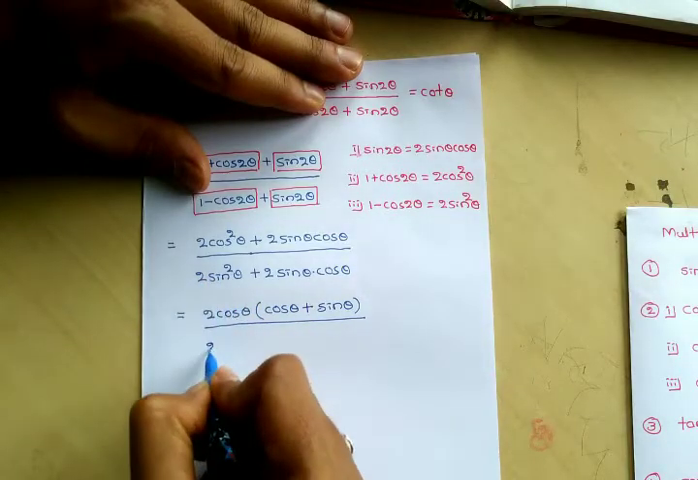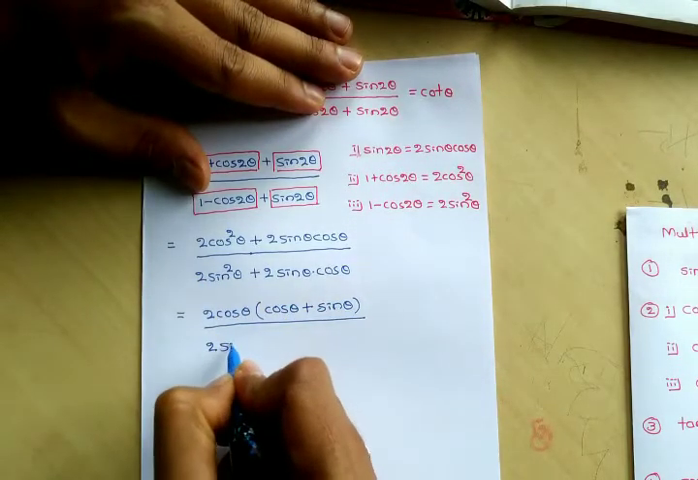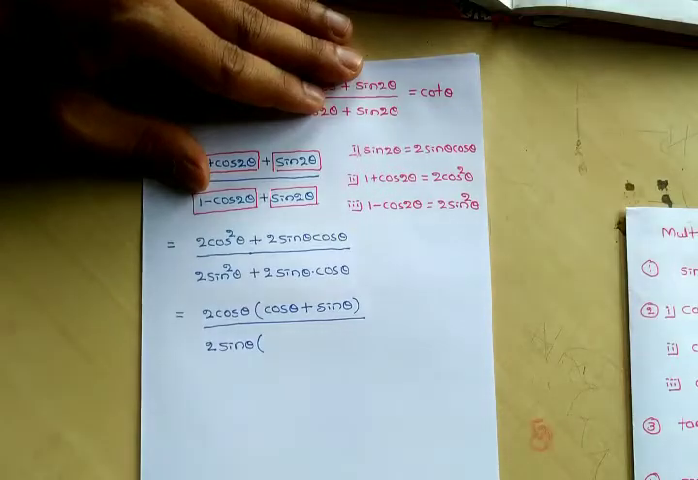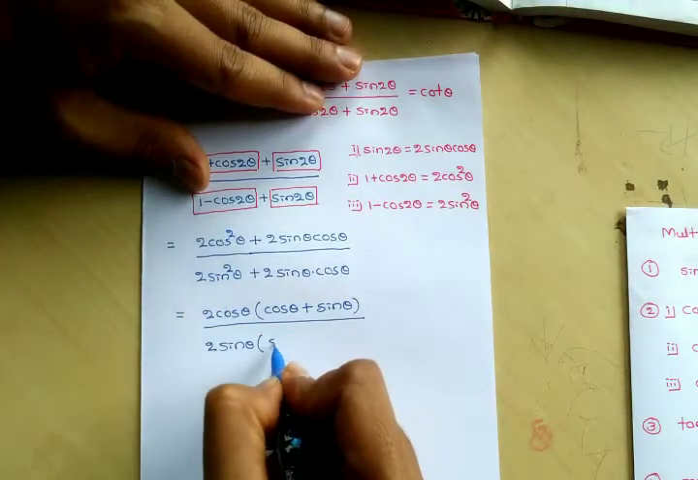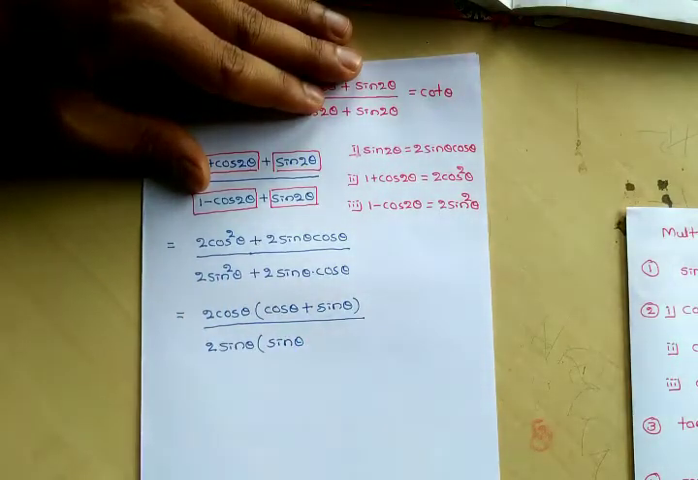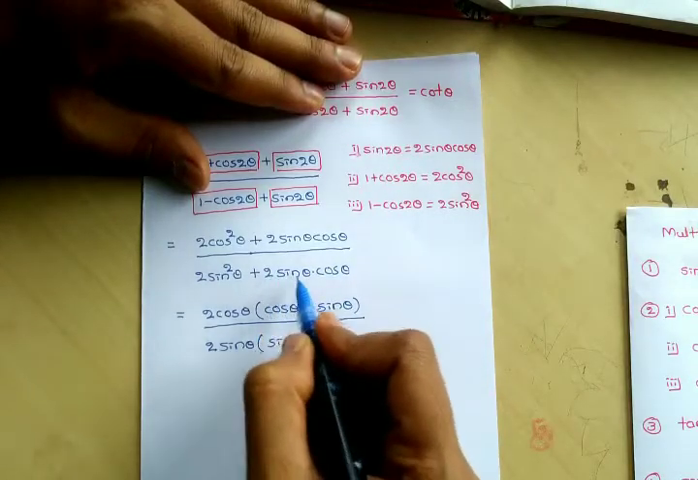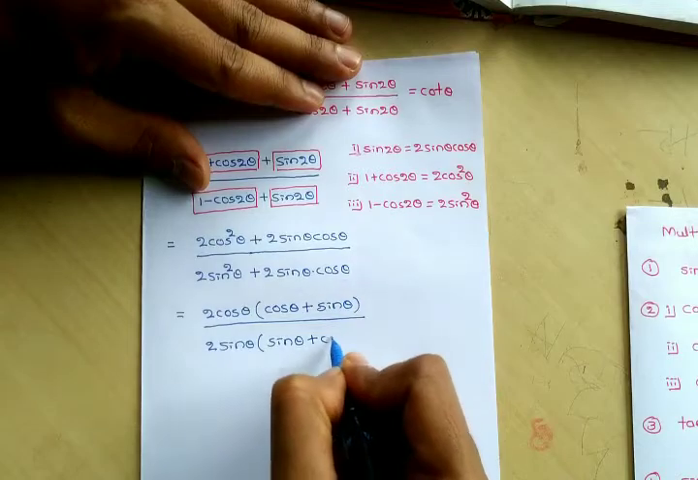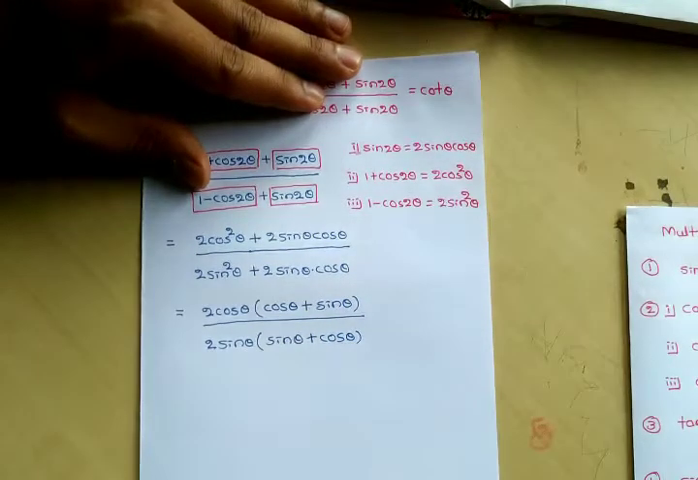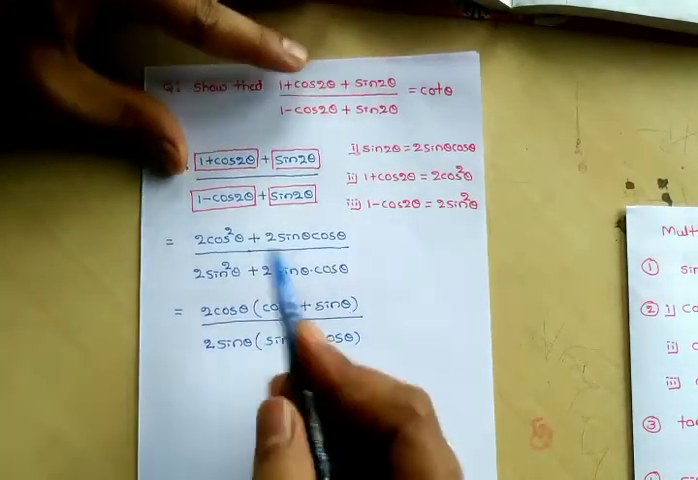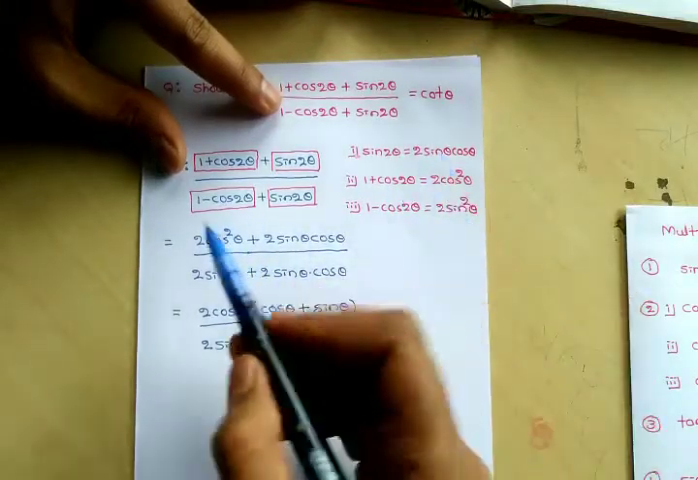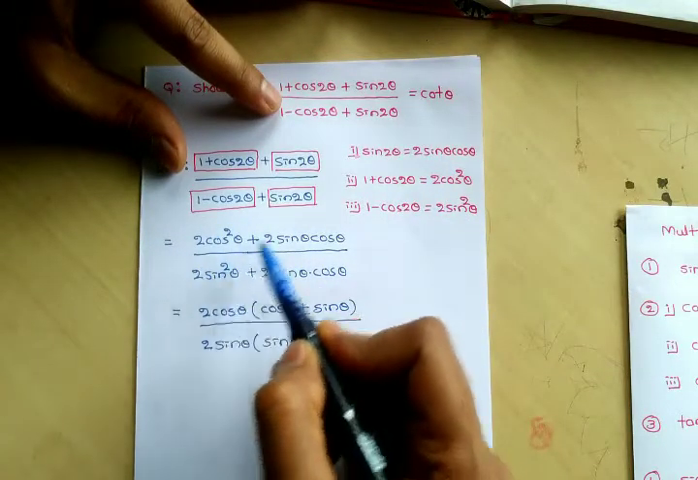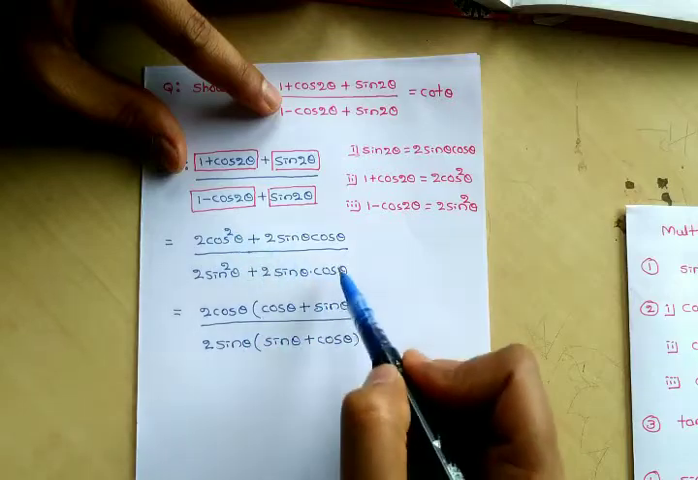Similarly, divided by, here also the same process I am going to do, but here I am going to take 2 into sin theta outside. So 1 sin theta will remain as it is, plus here when I take 2 sin outside, the remaining value is cos theta. Now one more important point is you cannot cancel 2 here and 2 there, or cos and sin,